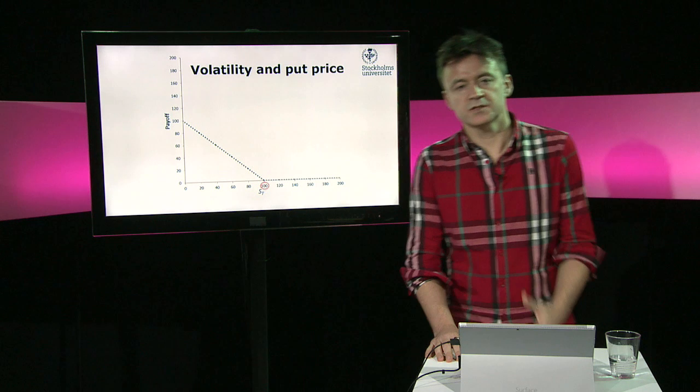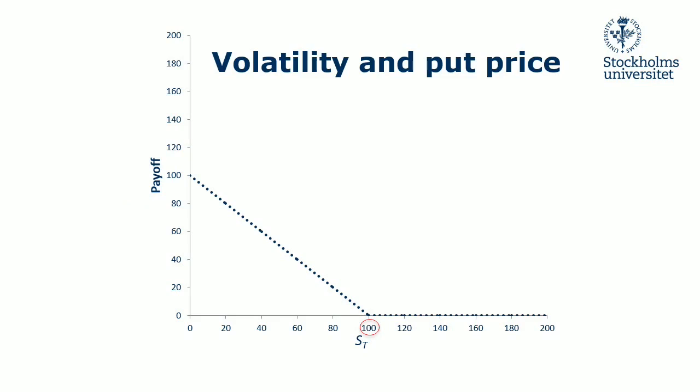What about volatility and the put price? Well, the reason is exactly similar, although its formulation is a bit different. So to analyze this case, let's again consider a put option with a strike price 100, and let's assume that the current price of the stock, the underlying of the put option, is also 100. Now, suppose that all of a sudden there are news that make more uncertain the evolution of the future price of the stock. This means that